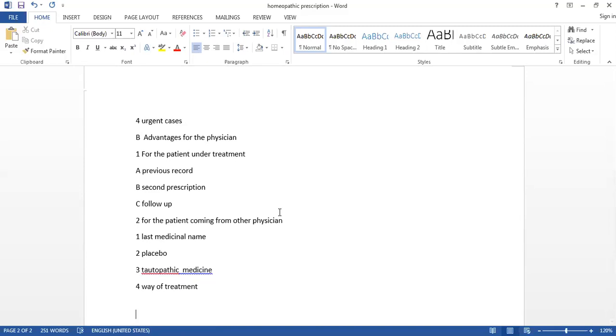So superscription is the heading. Inscription is the name of the medicine. Subscription is for the pharmacist, and the signature is for the instructions to the patient and for the registration number of the physician. So all these points should be covered. Whenever you are writing it for 20 marks, please write down the abbreviations and their importance. Then write down the definition of the prescription and a short introduction.